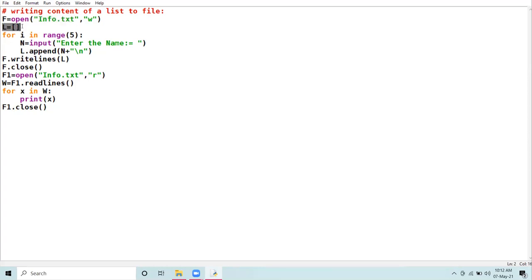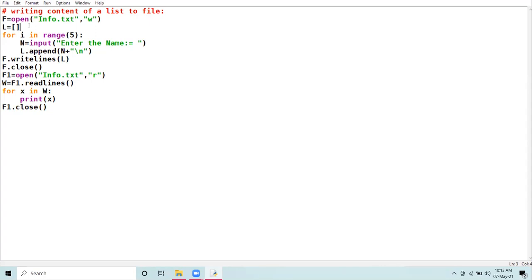Next, I have initialized a list L, and that is an empty list. As and when the data is inputted by the user, first of all we'll be transferring data to the list, and then from the list we will be transferring data to the file.